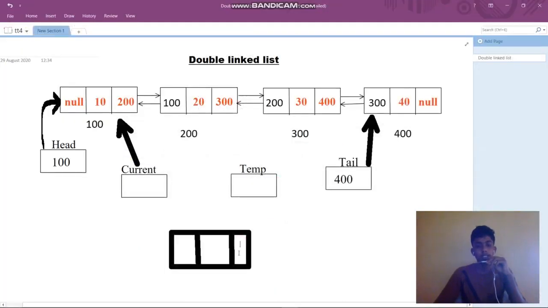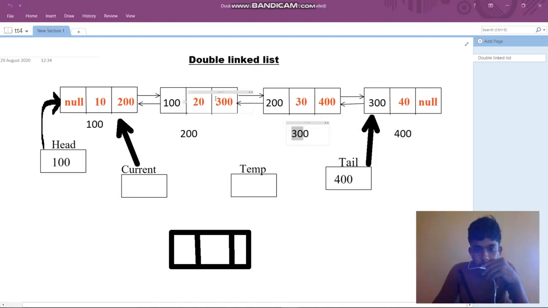Now the node of next is here. Node of next equal to current of next means we are going to insert a node here. The current of next is 300, and the 300 is stored here. So between 2 and 3 we are going to insert a node, and it should contain the next address, that is 300.